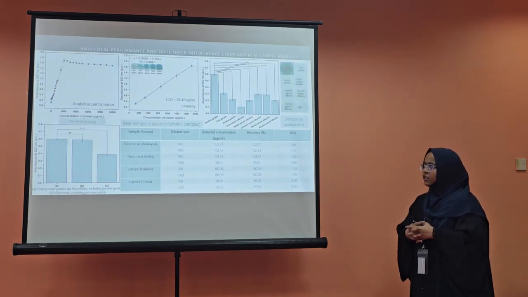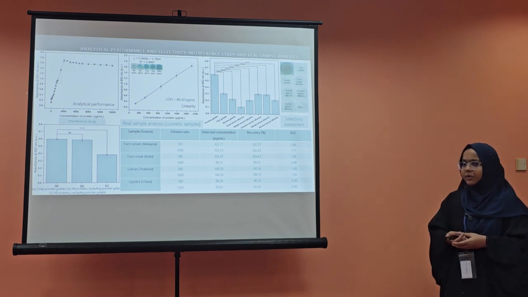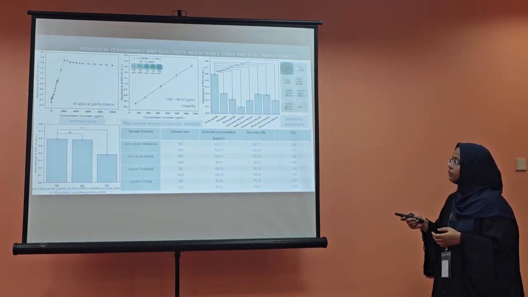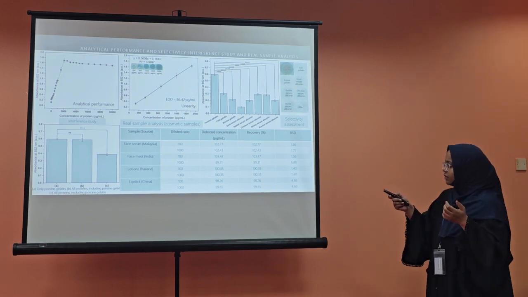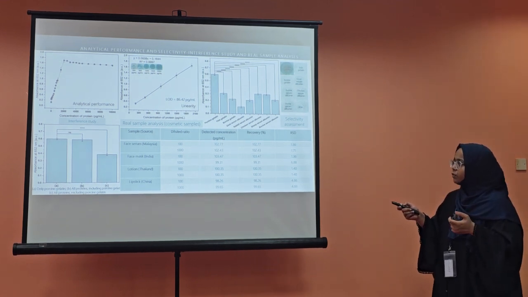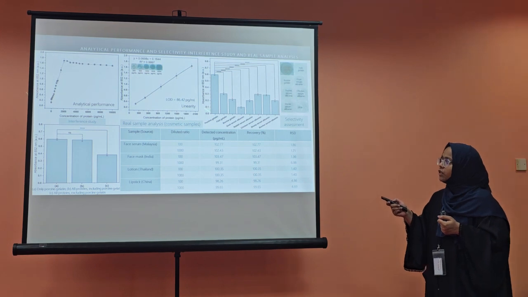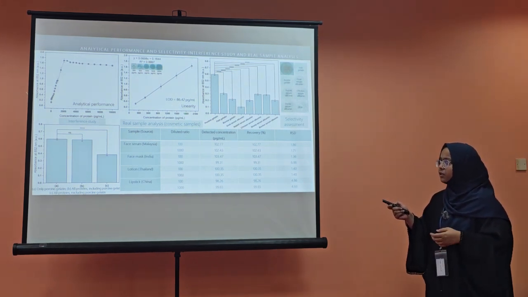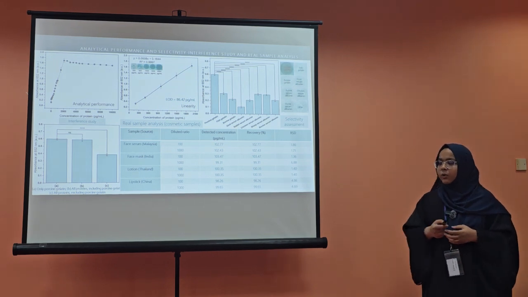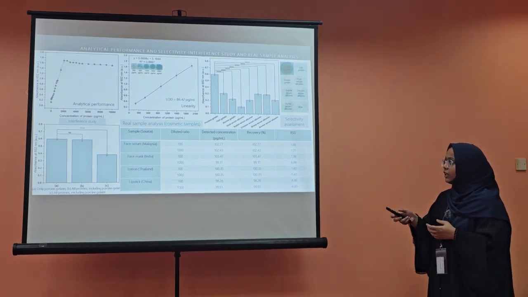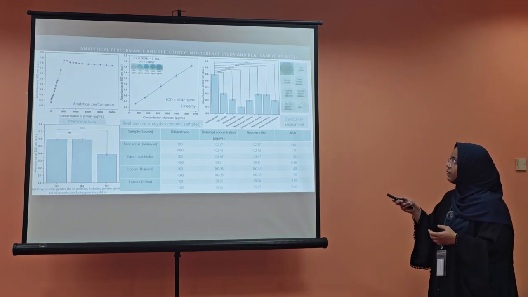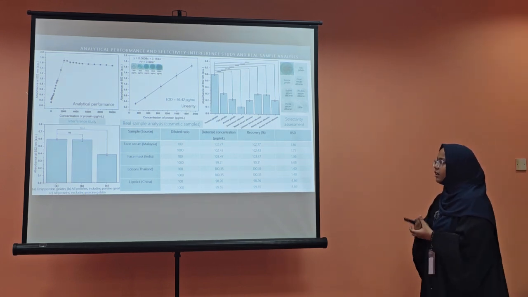Then after the optimization of the different parameters, the analytical performance of the proposed immunosensor was assessed, and a linear range was observed from 200 to 2000 picogram per ml of the protein. And the limit of detection was calculated from the regression plot, which was found to be 86.42 picogram per ml, which is quite low and good, and it could detect the protein with high selectivity and sensitivity